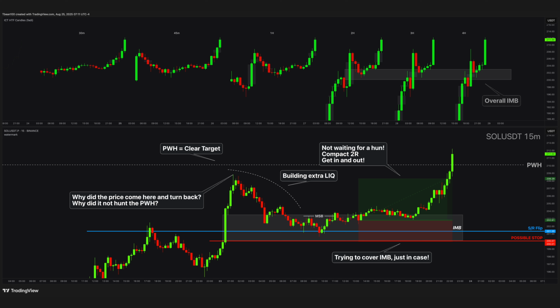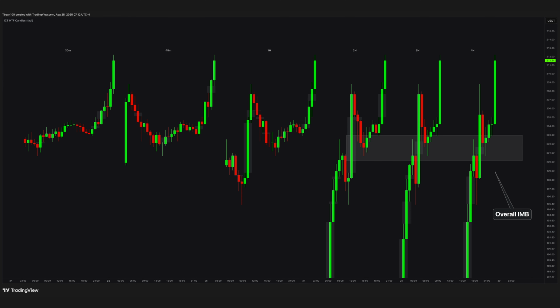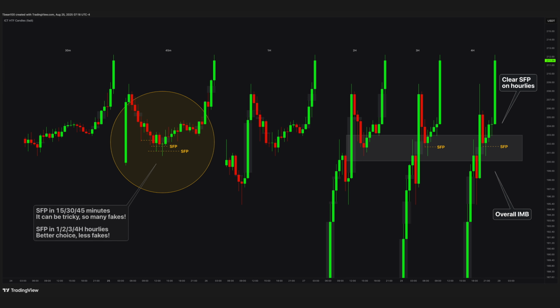As you can see, these trades occur in multiple imbalance locations on the chart. But more importantly, if we take a closer look at the area, you can see these nice swing failure patterns forming at the candle levels. However, as I mentioned before, swing failure patterns can be quite misleading in the lower time frames like 30 minutes or 15 minutes. So it is always best to confirm and check the higher time frames when analyzing swing failure patterns. I think this sums up this Solana trade in great detail and provides a clear understanding of the setup